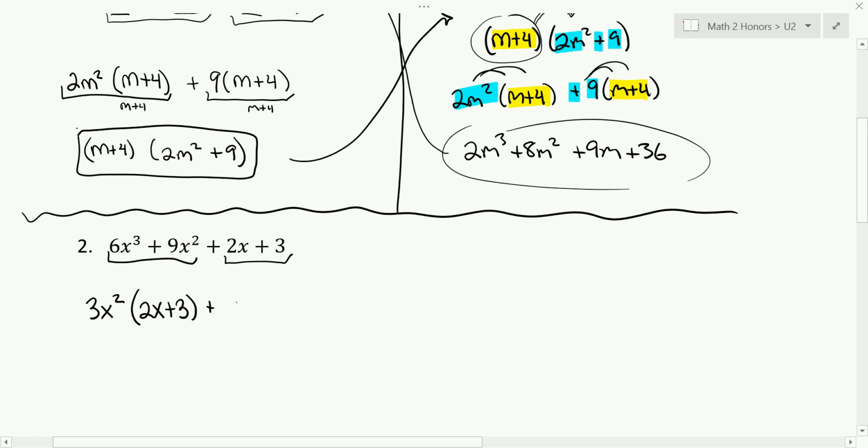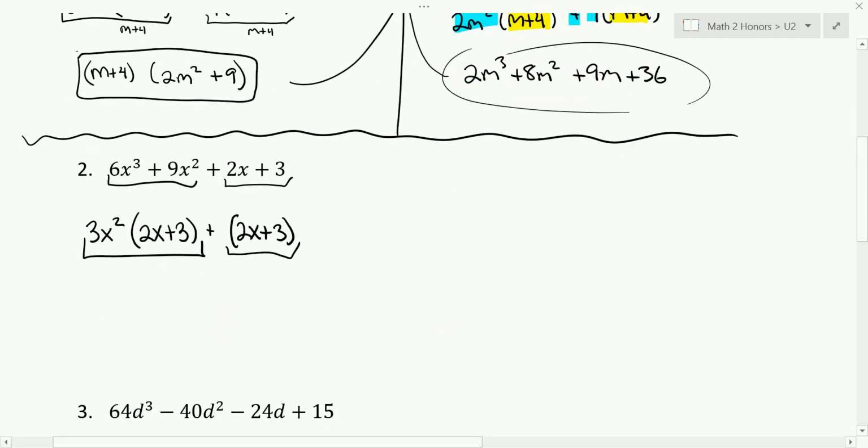And so what do we do? Well, we still want to write the 2x plus 3. I'm still going to put a parenthesis here. Do we see a common factor? So we still have 2 terms we created right here and here. They both have a 2x plus 3, right? And so I'm going to factor out that 2x plus 3. And what's left? 3x squared. And